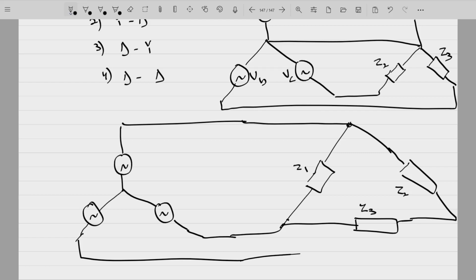So our source voltages are connected in a star fashion, while our loads are connected in a delta